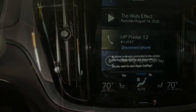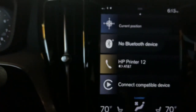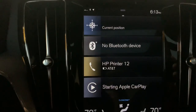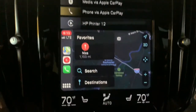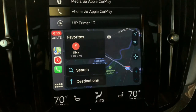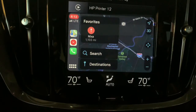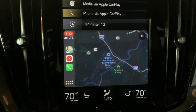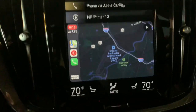Yes, go ahead and do that. So we plugged it in and CarPlay pulled up immediately. Let's try this again. There we go. When I did this the last time, it immediately disconnected the camera from recording, but it looks like we're okay now. So I don't know what that was about, but I love CarPlay